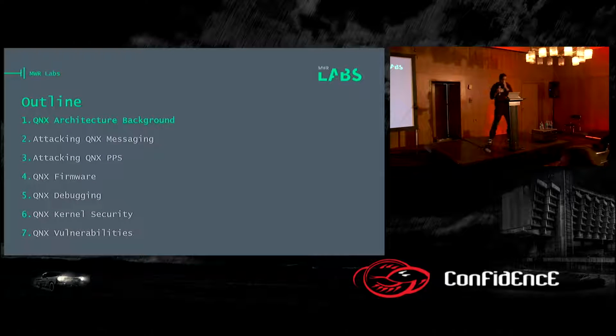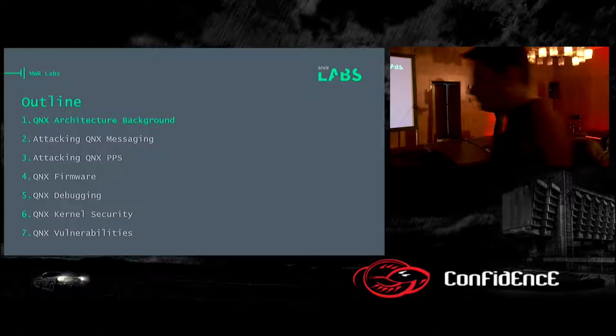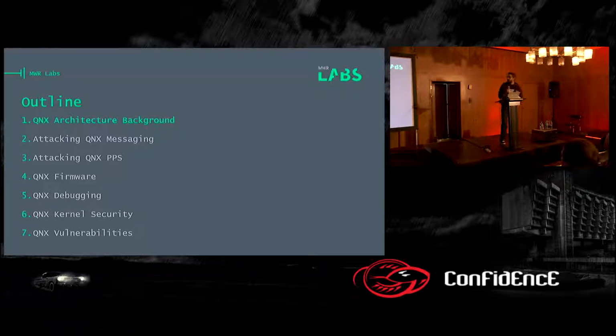Today's talk will cover some QNX architectural differences from major operating systems. Then I'll quickly talk through attacking some of these core QNX mechanisms, such as QNX messaging and QNX persistent publish subscribe. Alex Plaskett will then follow with setting up your own exploit dev environment for QNX, debugging QNX, and writing some code to actually trigger some of the crashes